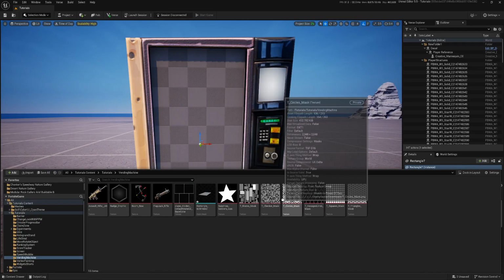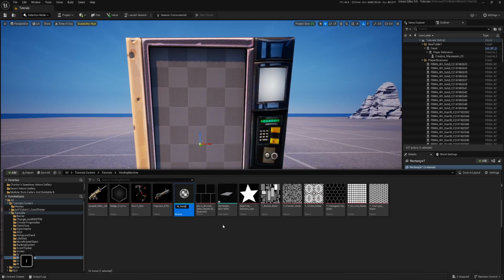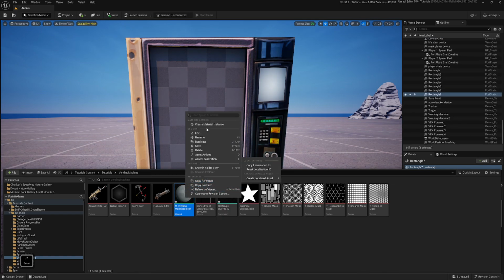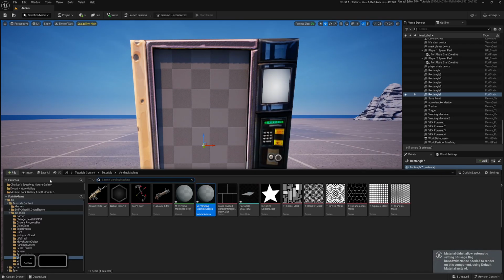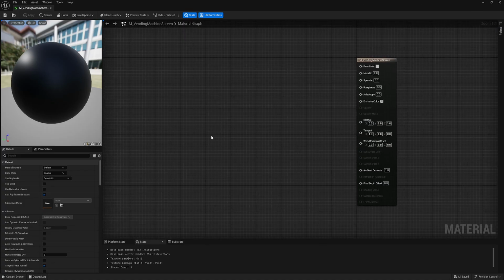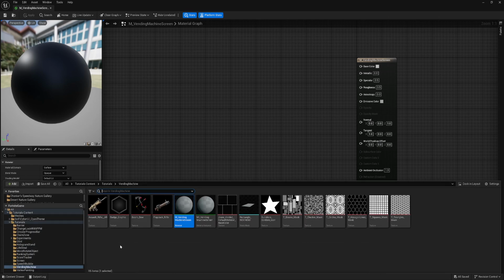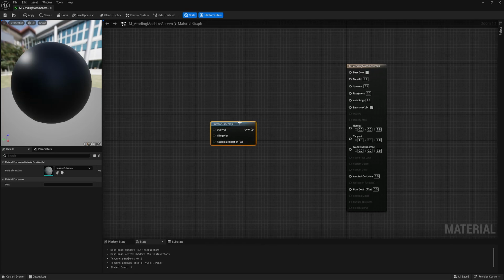I prepared some textures so that we can apply and test. Okay, what we actually need for the fake interior is a node called Interior Cube Map. But as you can see, if I search here, it doesn't appear. Some material functions created by Epic Games still don't appear in the search. So if you go to All and then search here, this is our Interior Cube Map node.